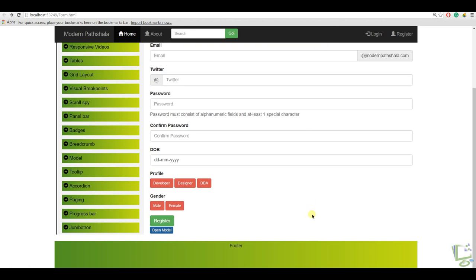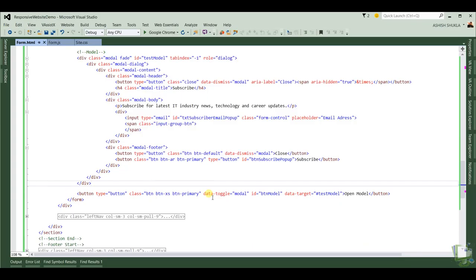Now let's open this modal from JavaScript. Let's remove the data-toggle equal to modal and data-target attributes from this button, and add an onclick event handler on this button.